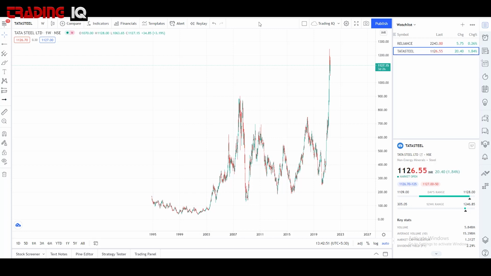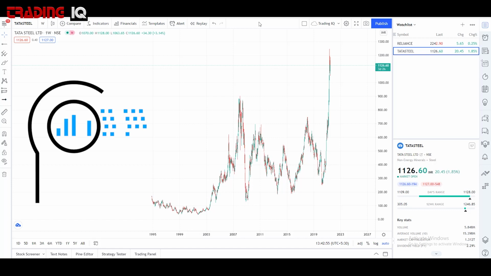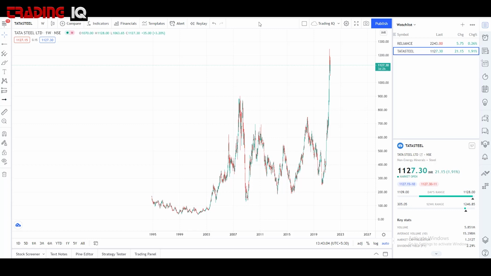Like the instances I was sharing, every one of us looks at past data to buy something. And in the stock market, this is the past data. You can see the prices of Tata Steel from 1994 till date. So you see the huge data that you have in front of you to make a decision whether you would buy it or not. Of course, this is not a recommendation, right?